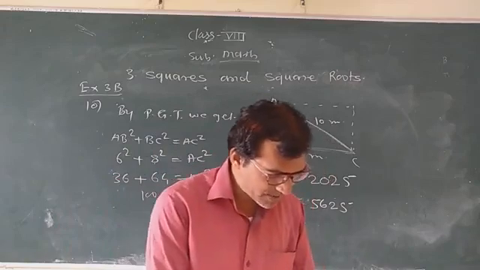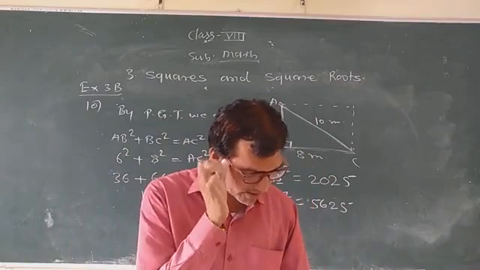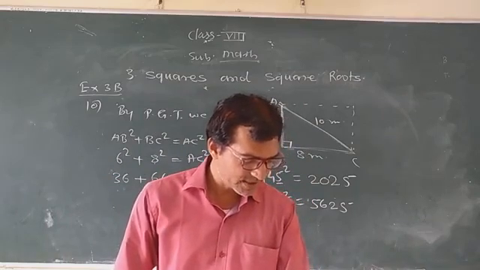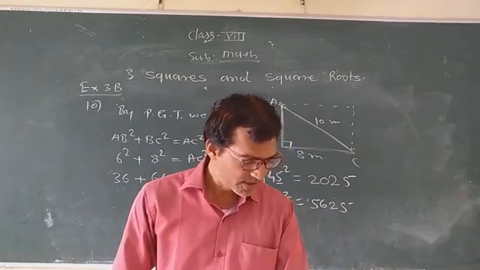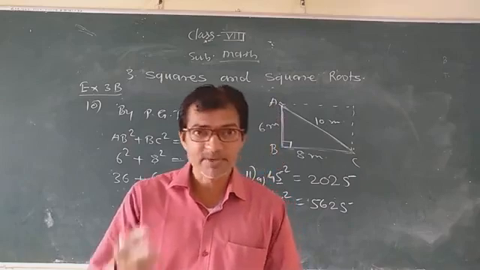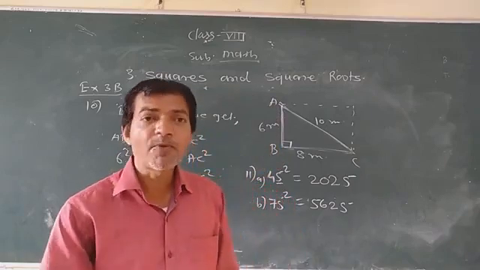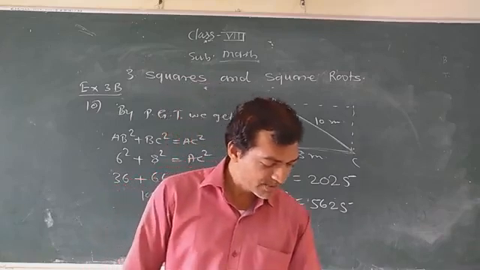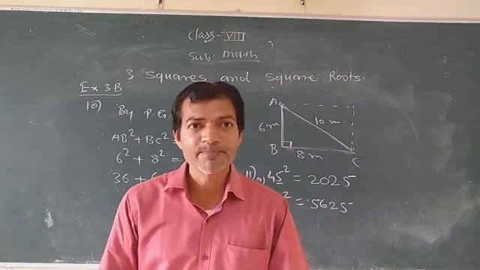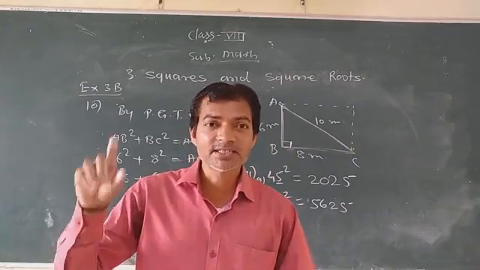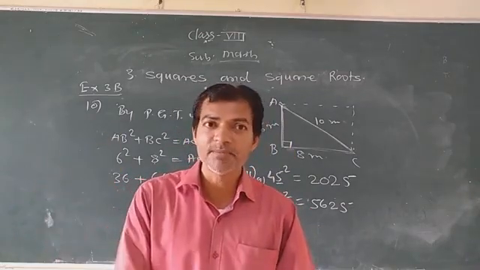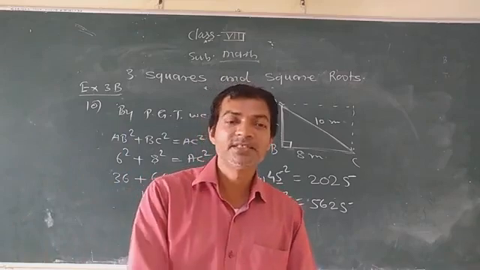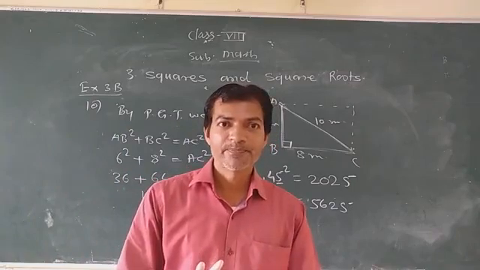The following are all perfect squares. Without calculating, find which are squares of odd numbers and which are squares of even numbers. That you know very well. Square of an odd number is an odd number and square of an even number is an even number. So first number is 961. The last digit is 1, means this is an odd number. So this is the square of an odd number.